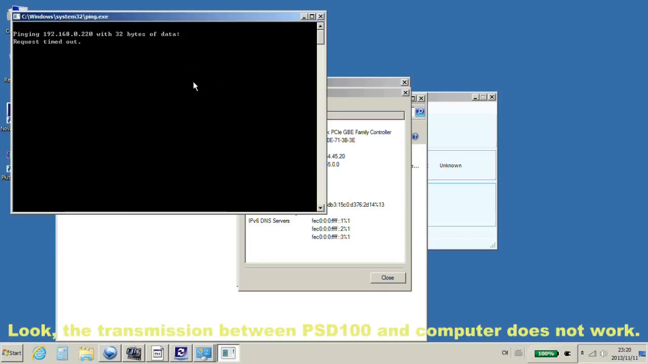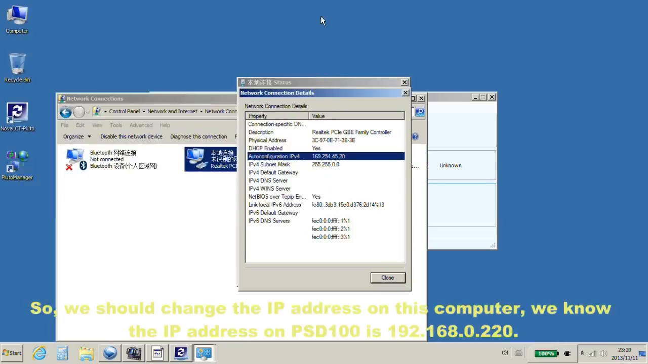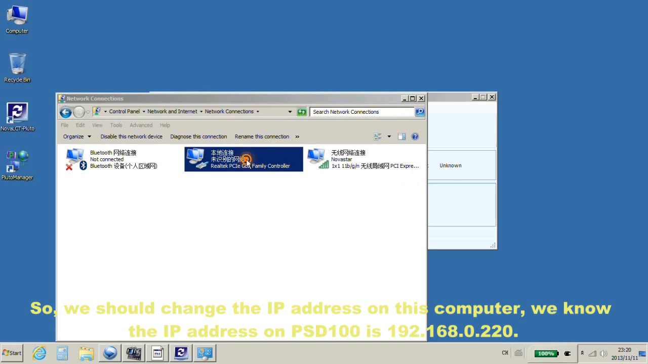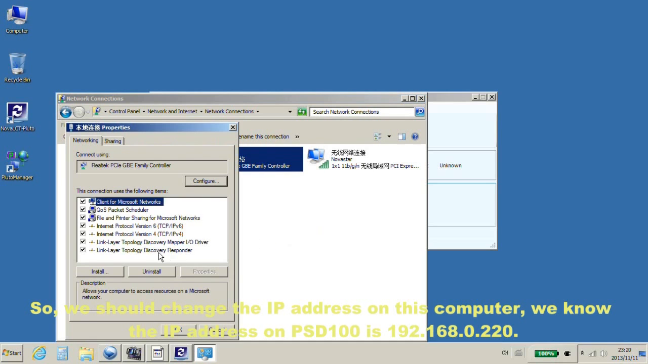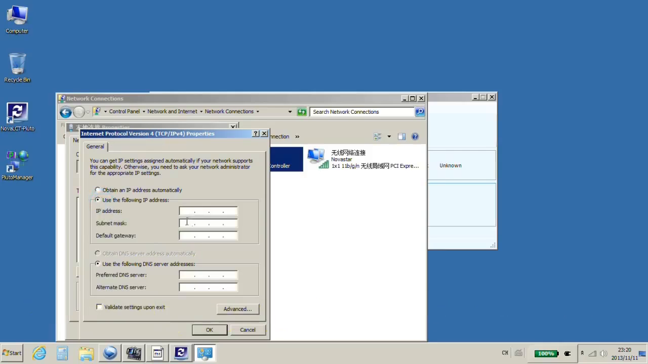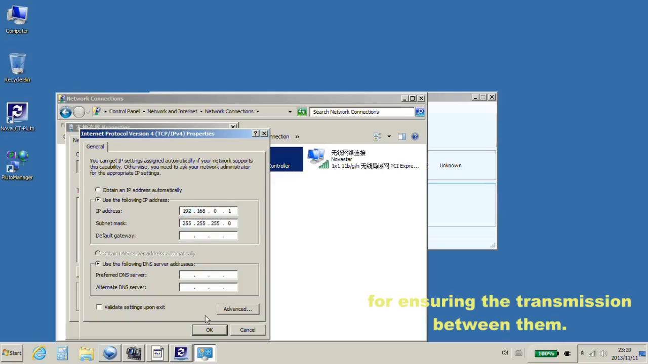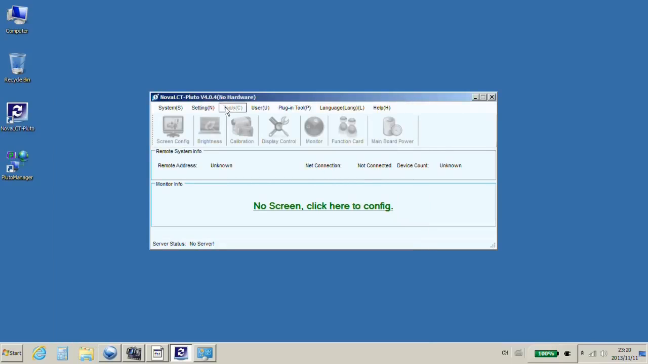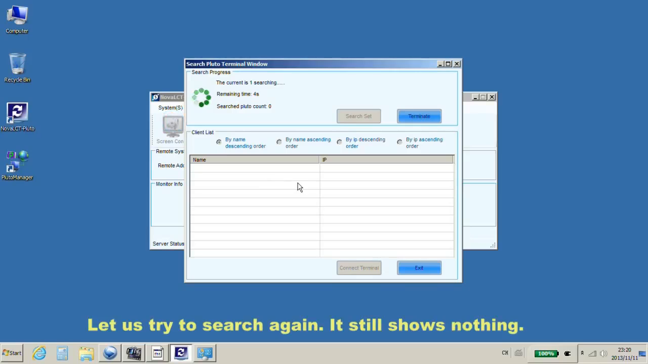Look, the transmission between the PSD100 and the computer does not work. So, we should change the IP address on this computer. We know the IP address on the PSD100 is 192.168.0.220. So here we can change the address to 192.168.0.1 for ensuring the transmission between them. Let's try to search again. It still shows nothing,